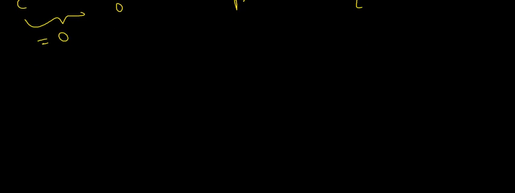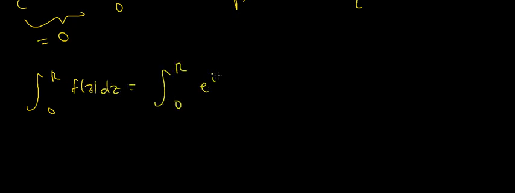So I want to look at the integral from 0 to r of f of z dz, and by my definition of f, that's going to be the integral from 0 to r of e to the i z squared dz. So what is z? Well, if I think about this as a real valued integral and call it the integral of e to the i x squared dx, then it might be clearer what I want to do. Well, I know that e to the i y is of the form cos y plus i sine y,